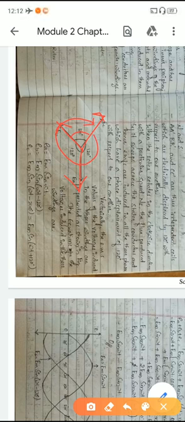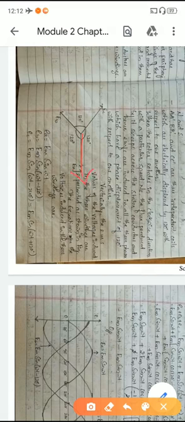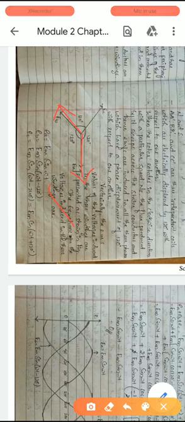120 degrees. Hence we can write the equation as, see, in case of single phase we have only one voltage, so it was Em sin omega t. So here we have another voltage which is lagging by 120 degrees, therefore Eb is Em sin omega t minus 120 degrees. Why minus 120 degrees? Because the conductors are placed 120 degrees apart, or the induced EMF is lagging by 120 degrees.